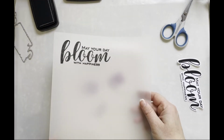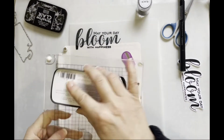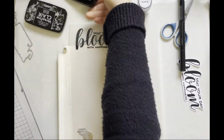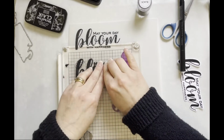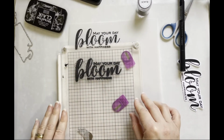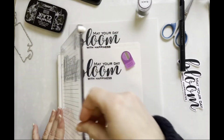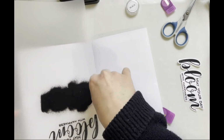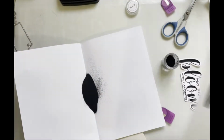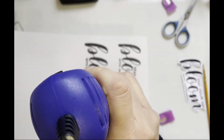So I smashed a bit of the ink on the sentiment, so here I'm stamping again. So now I will heat emboss and use black embossing powder. So here I'm heat embossing the sentiment,